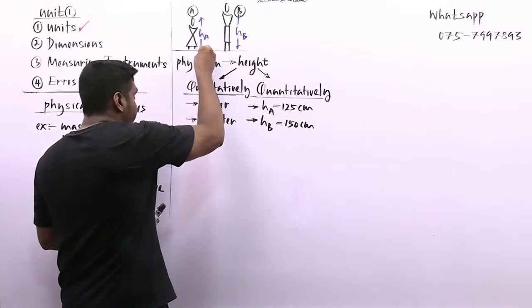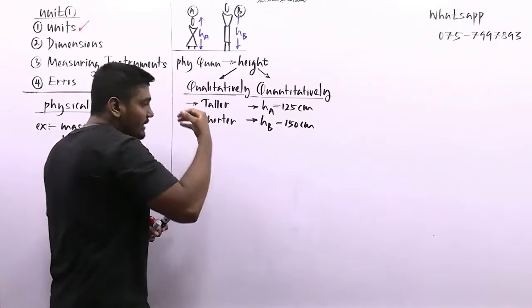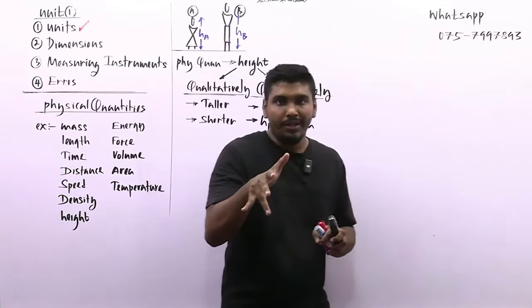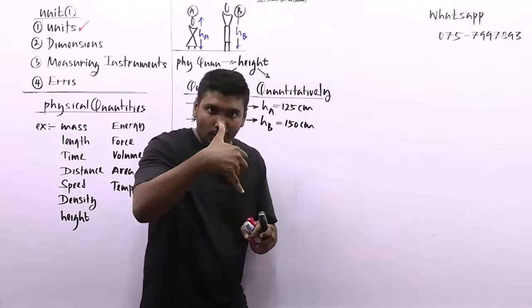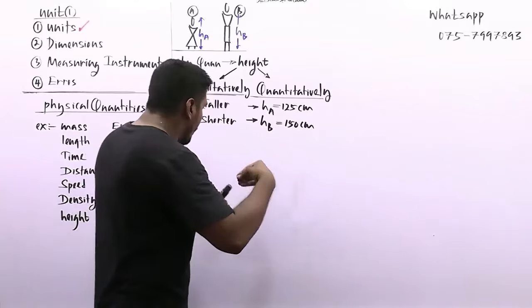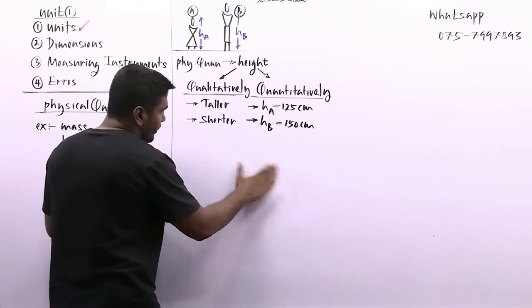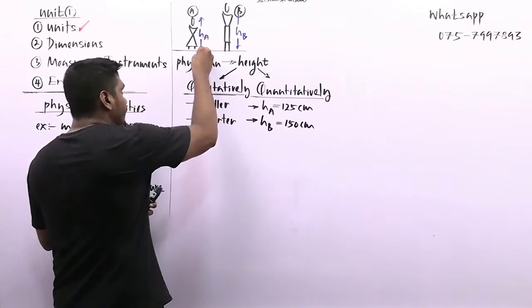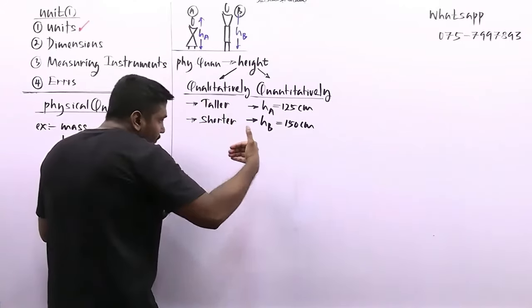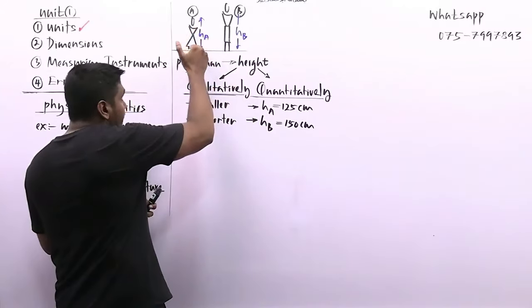You are measuring the height of the person A. Now you are measuring using feet. We all know feet, that is also a unit to measure the height, no? So what you are doing, you are using your own unit system, right? We don't know. Now there are two people. I'm asking both of you to measure the height of the person A.